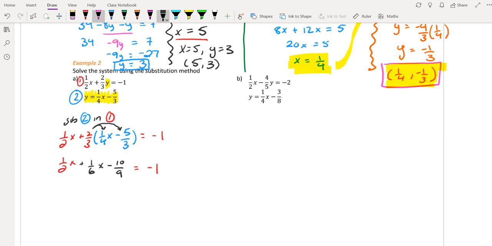Okay, so now we need to collect our terms. We have an x here and an x there. Right? So we need to add the terms together, but the numbers are fractions. So the rule for fractions, in order to add fractions together, you need to have a common denominator. We have 2 and a 6, so the common denominator would be a 6. So we need to multiply this by 3 and 3, right, to make a common denominator of 6. So 2 times 3 is a 6, and 3 times 1 is a 3. Right? So if we add these together, 3 plus 1 becomes 4 over 6x